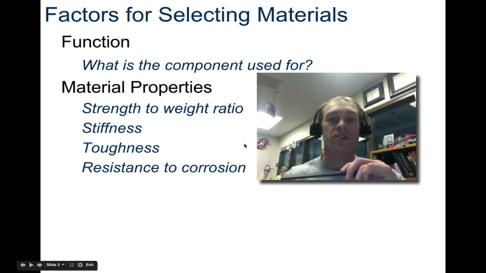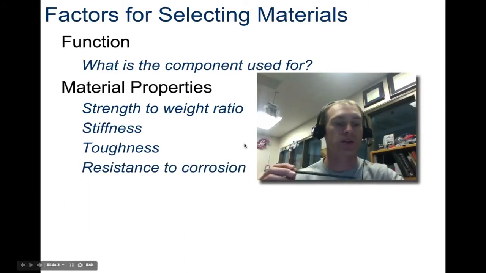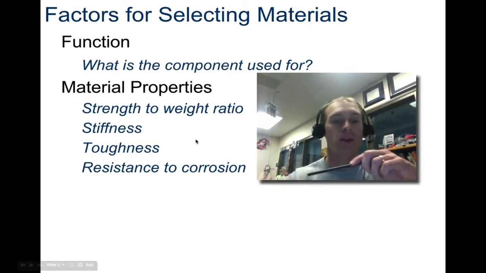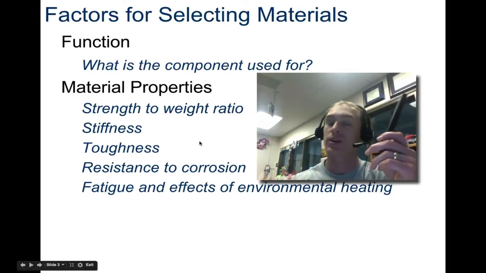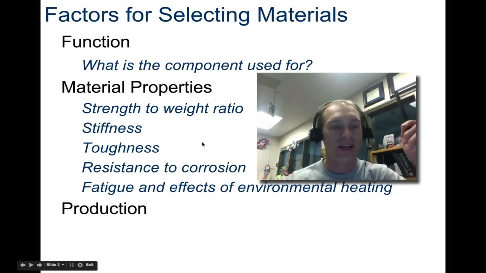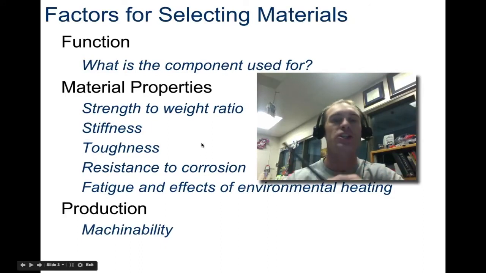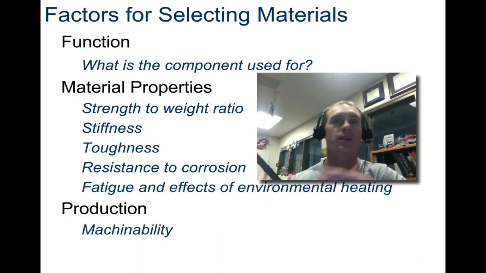There's also resistance to corrosion. Now wood will start to break down over time, so that's not one of the properties that wood has. Fatigue and effects of environmental heating. Wood's not so great with environmental heating. And then you have production. Is it machinable? Well, wood isn't, but you can harvest it, and then you can form it and shape it